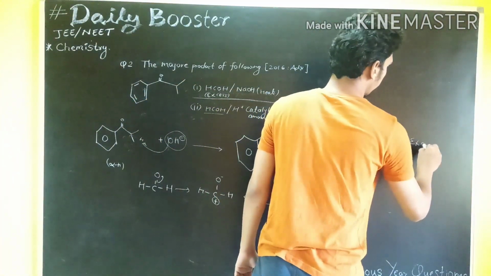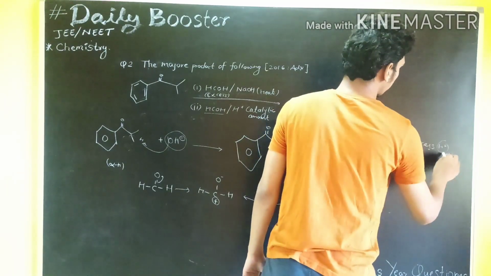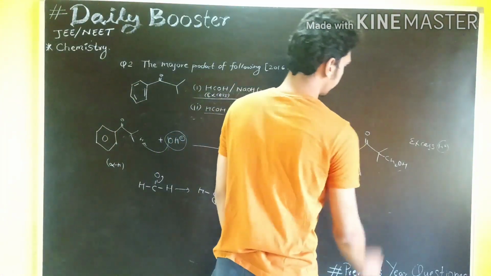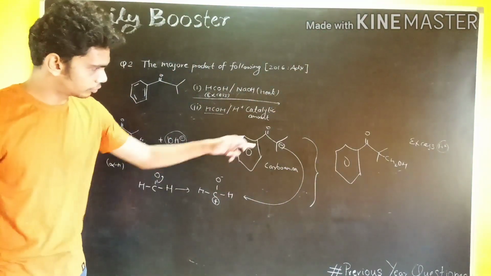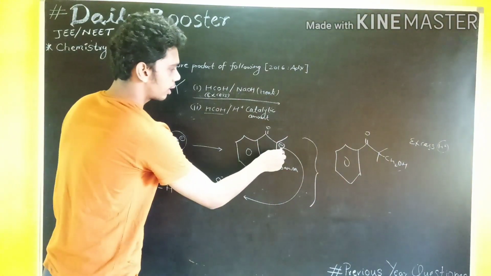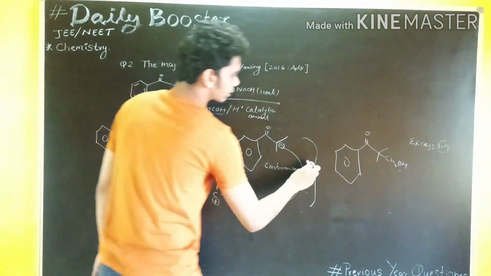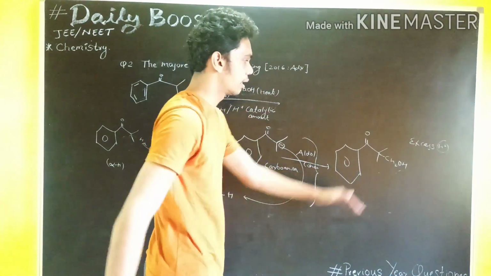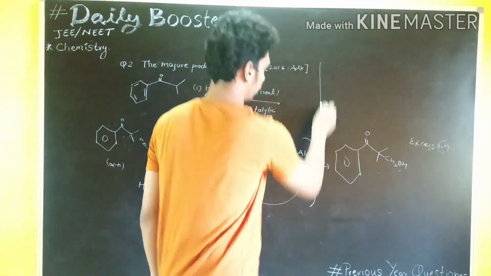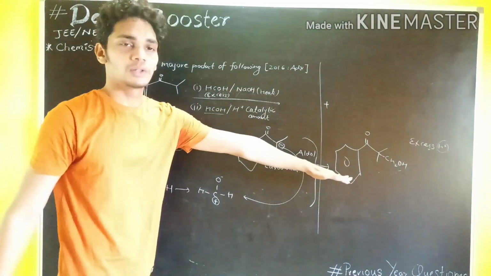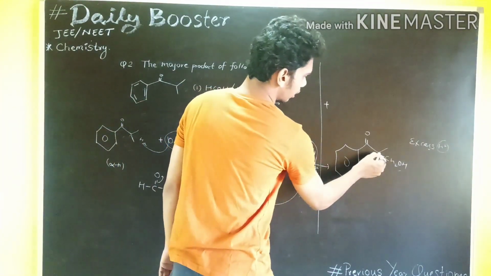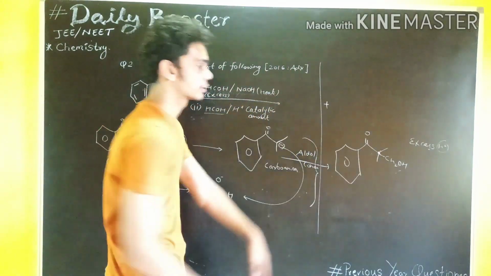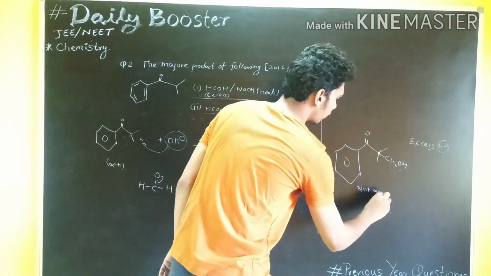Then what is the reaction of this product with excess H plus, catalytic amount? What is going to happen in this case? See, in the first case, this has an alpha hydrogen, so this reaction happened with the aldol condensation. Now I'm writing here, this product is formed after the aldol condensation. I'm talking about this right now. This is the alpha carbon, not having an alpha hydrogen.